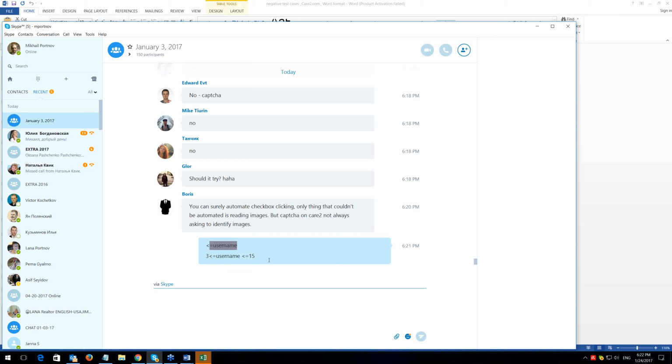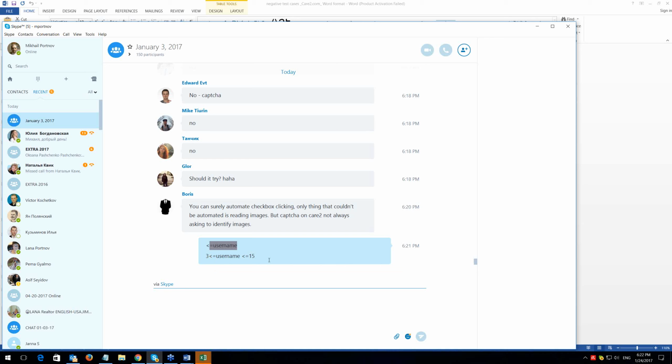This is the instruction that we receive. It is so easy, we all are human, to forget about the equal. And what happens? The username is more than 3 and less than 15. It means that the minimum will be 4 in this case.